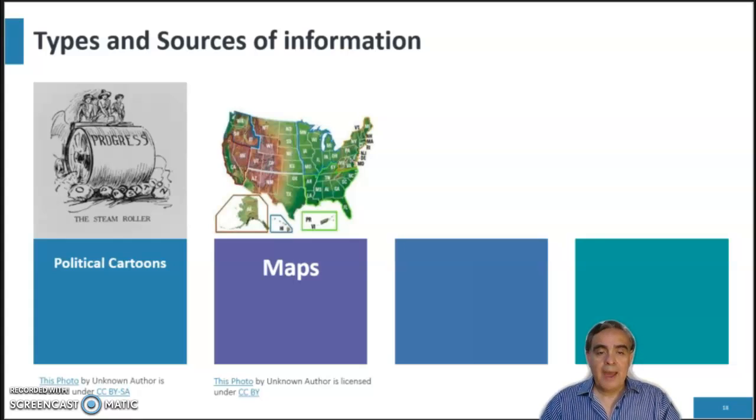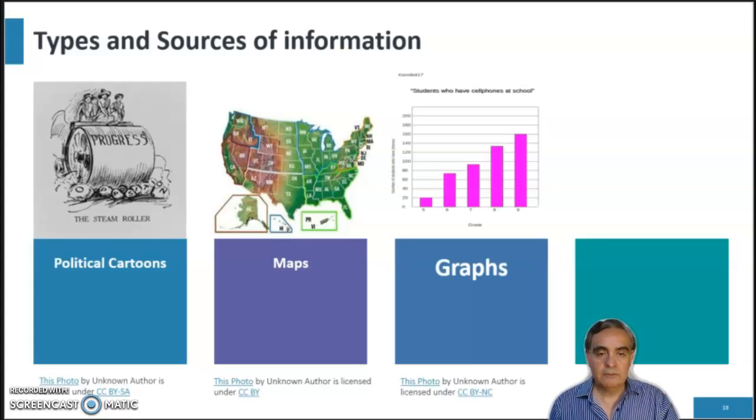Now, the second type is maps. Maps can be of different kinds depending on the information they convey. They may have information like elevation of a terrain, political divisions like country or state borders, theme maps showing information like resources, crops, roads, climate, statistics like election results, population, etc. Again, the test will ask you questions on the interpretation of the map. And we will cover maps in more detail in the geography modules later in this semester.